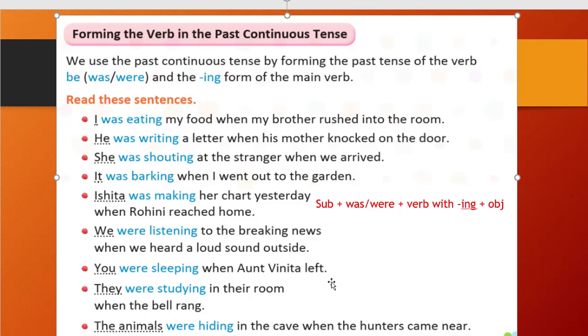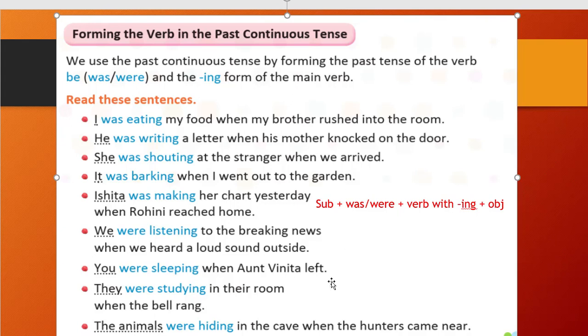You can see how it is formed, with the be verb, was or were, and then the verb with ing. Eat is a main verb, and we have added ing. So eating, that way we will write the verb with ing.